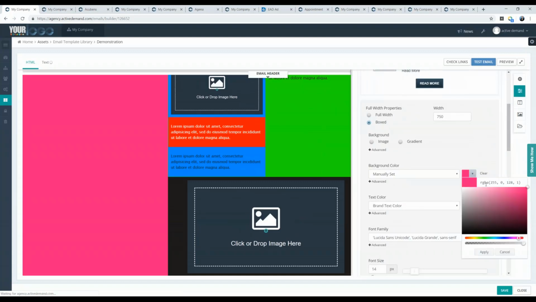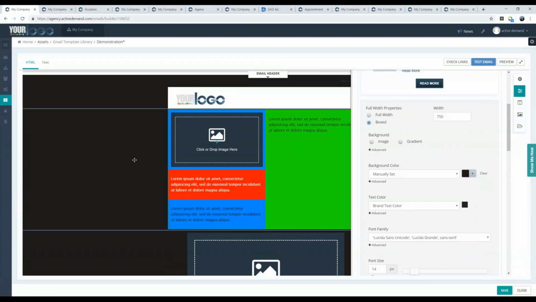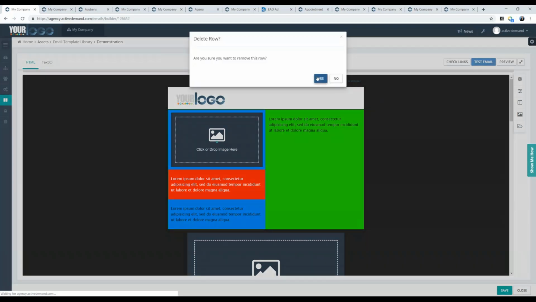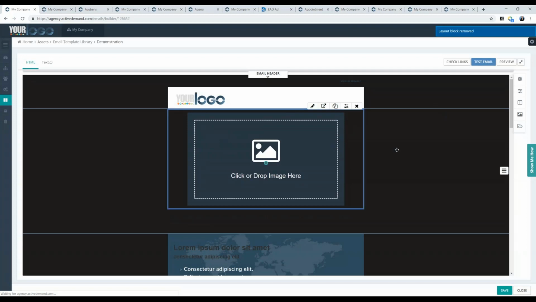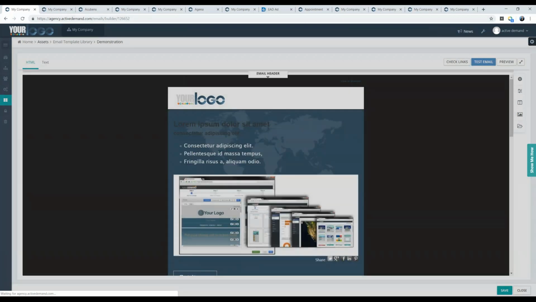Long story short, it's rows, columns, and content blocks. The styles layer on top of each other so that you get quite a bit of control over what the styles of the assets are doing. I'm just going to remove this. One of the, I think, powerful features of the editor, and this is across all of the different builders, and I'll just remove this, is